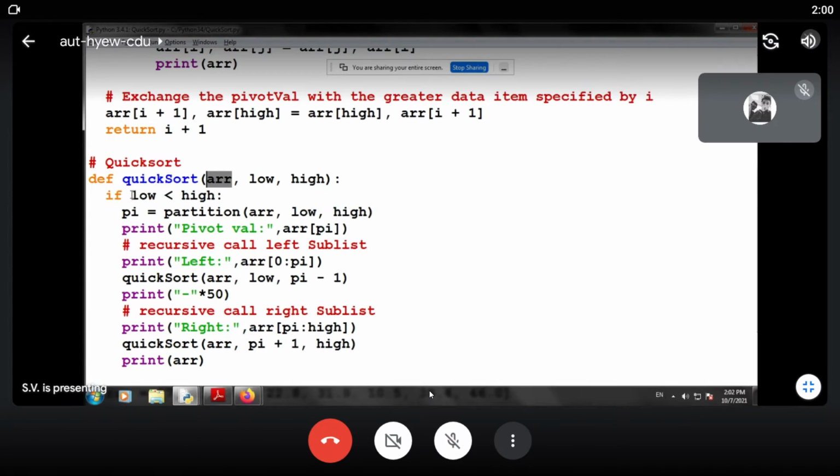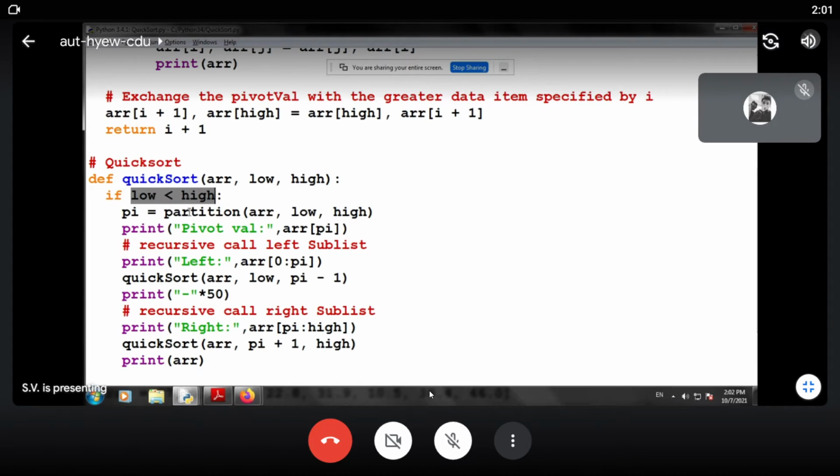So we check if low is less than high. Naturally it is, but when we partition the data, low or high may be reduced, so this condition has to be checked. It is one type of termination condition, so nothing will happen beyond that.